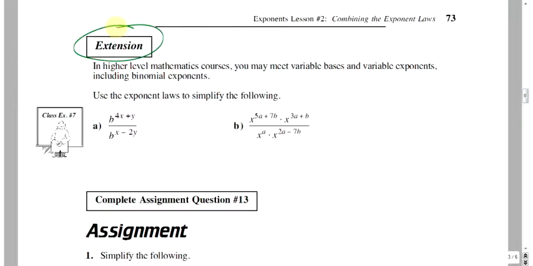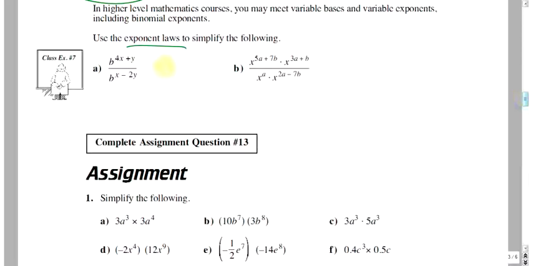Extension. Ooh. Exponent laws. What is all this garble? You already know how to do this. Are you dividing with the same base? Yes, you are. Then what do you do with your exponents? You subtract them. There's the exponent on the top, right? It's b to the power of 4x plus y. Subtract the exponent on the bottom,